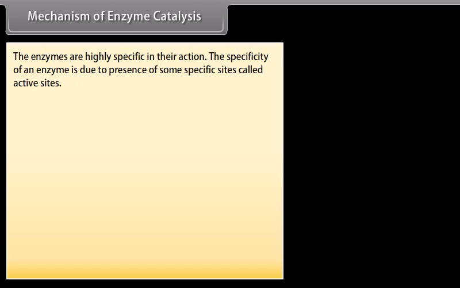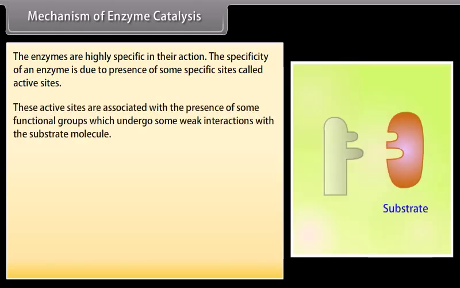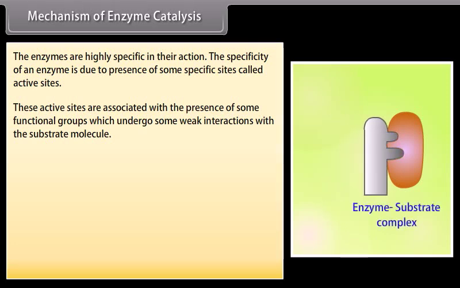Mechanism of enzyme catalysis. The enzymes are highly specific in their action. The specificity of an enzyme is due to the presence of some specific sites called active sites. These active sites are associated with the presence of some functional groups which undergo some weak interactions with the substrate